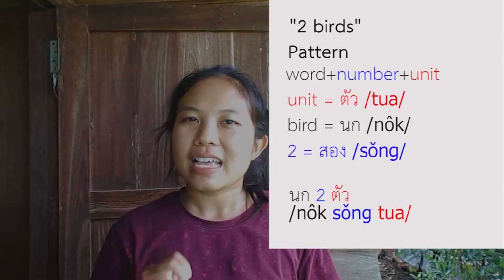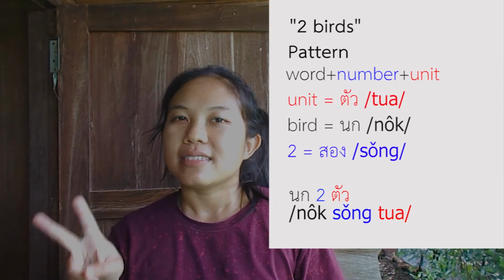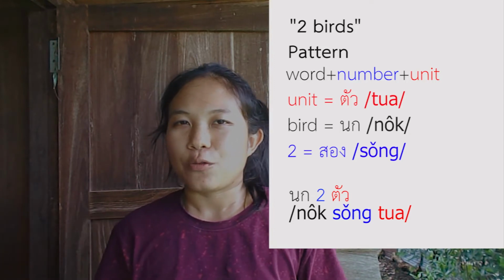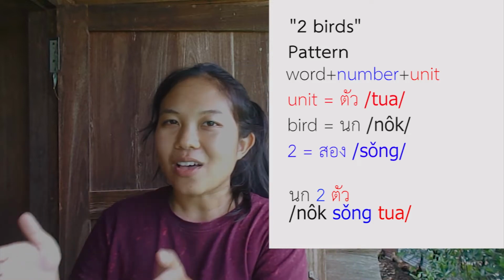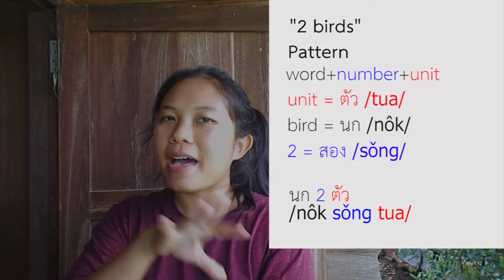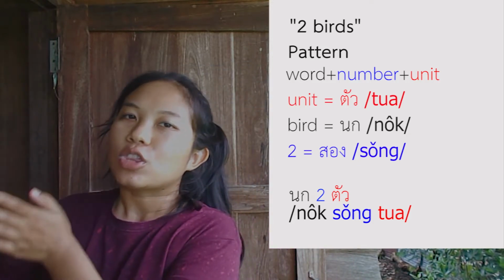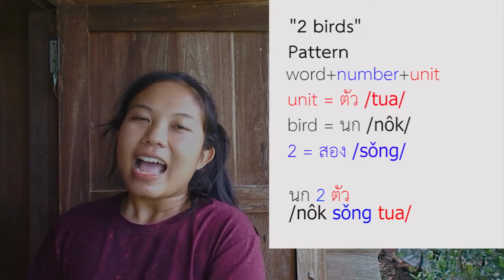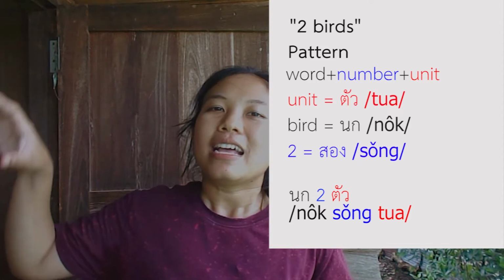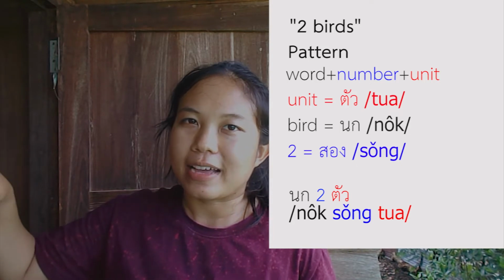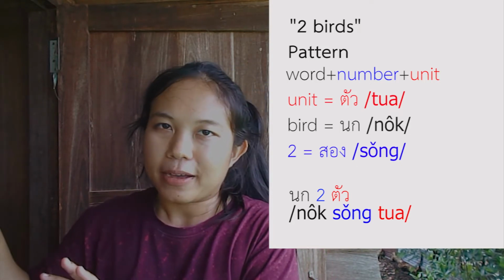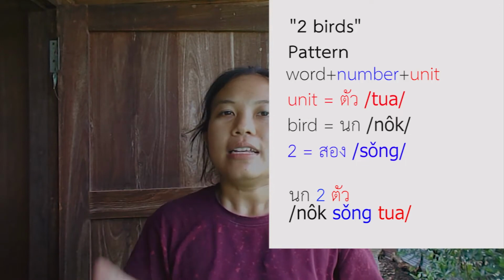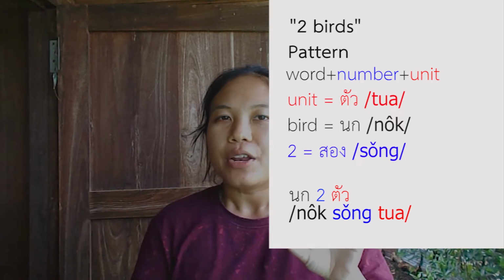There are two birds. 2 in Thai is 2. Then it will be นก 2. And then the unit of the bird in Thai is ตัว. And then we put ตัว. That is the unit of the bird after the number. And then our two birds will be